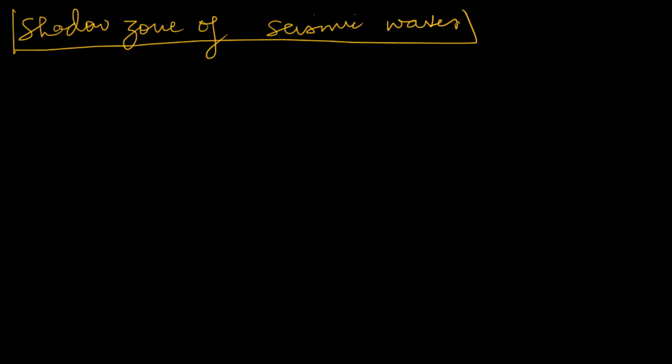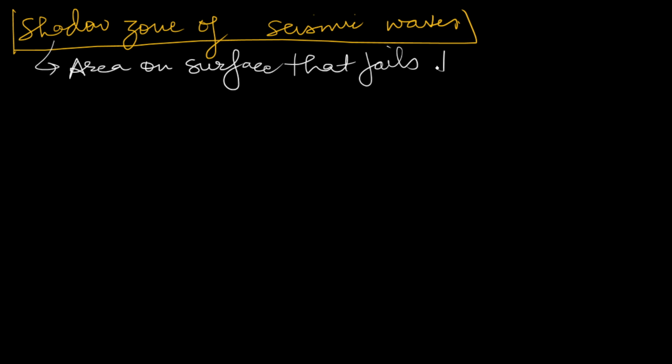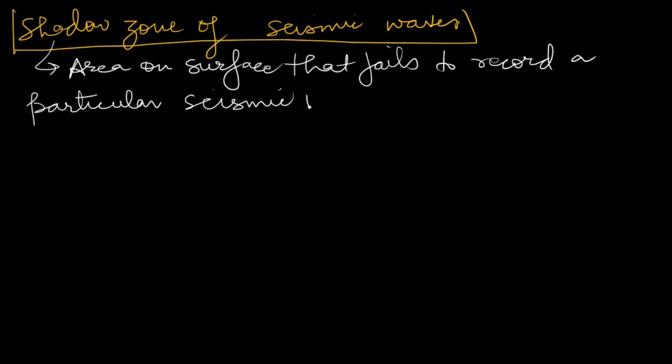It is the area on the surface that fails to record a particular seismic wave on the seismograph. It occurs due to varying density in the interior of Earth